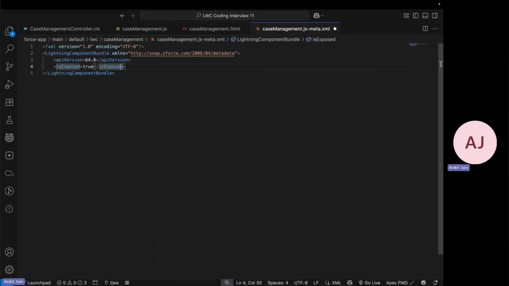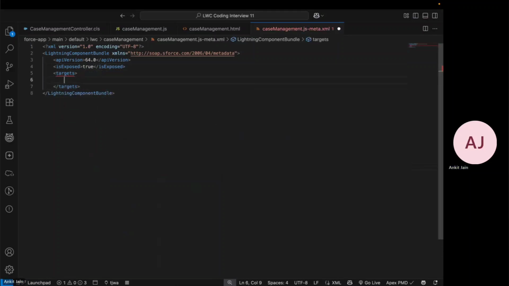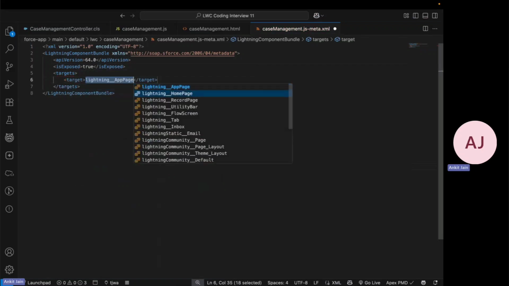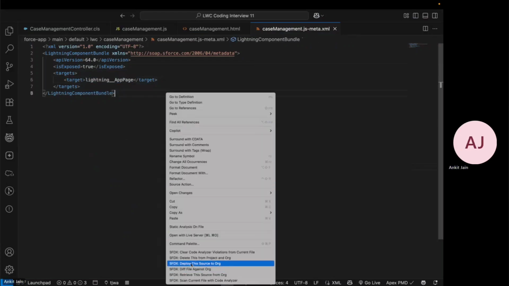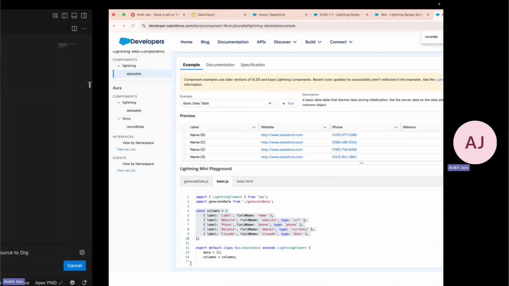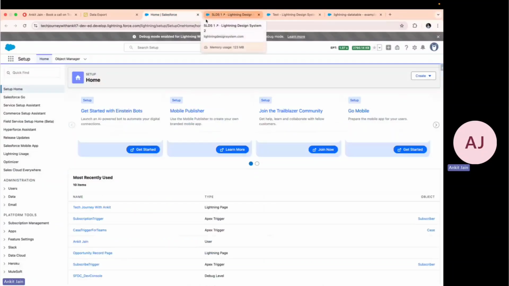So here I'll be putting is exposed as true, defining the targets, putting the target here as the app page. Okay, and here I go and deploy this component. Meanwhile, I will navigate and add this component on one of the home pages. So let me navigate here